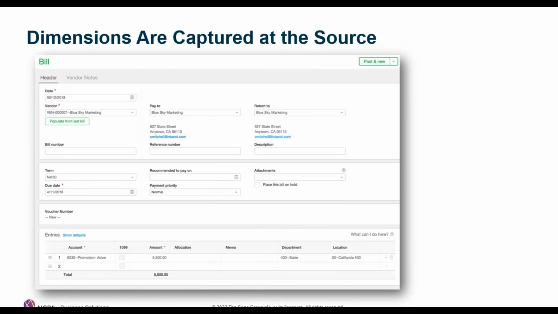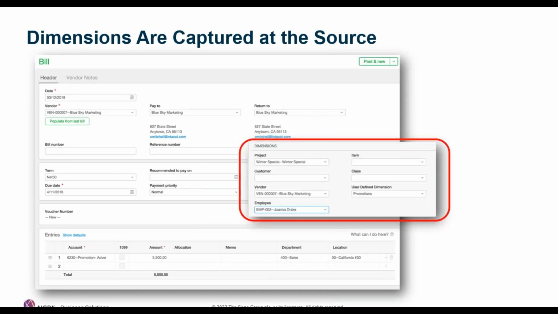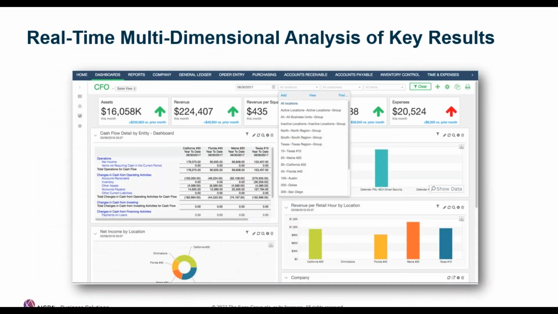Dimensions should be captured at the source anytime a transaction is created in your financial system, like this one. It's an invoice that has dimensions by supplier, by employee, and by project. And then with a dashboard, you should be able to filter your data by any dimension to have fast insight